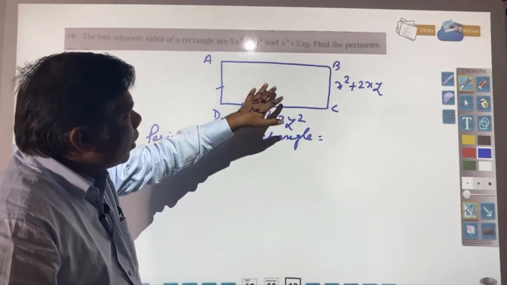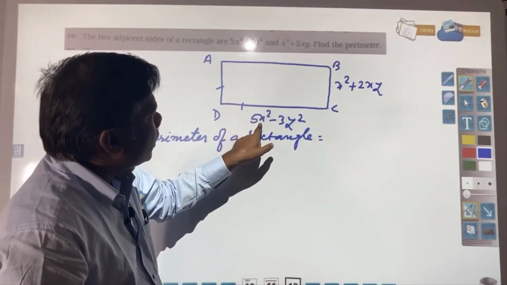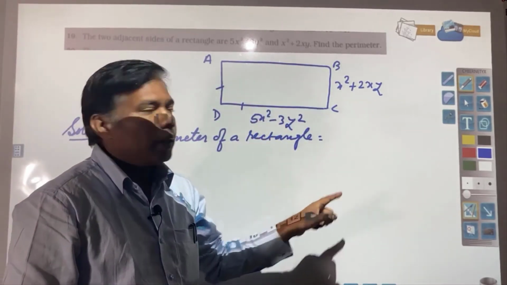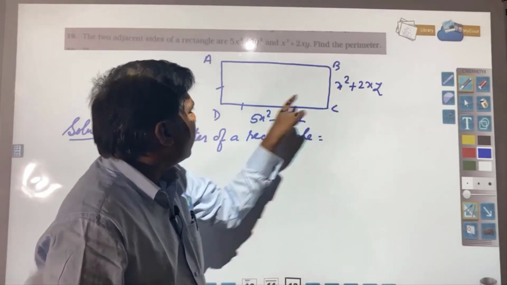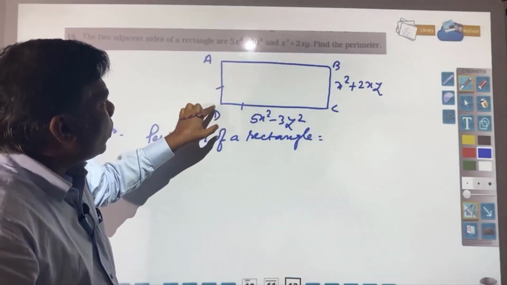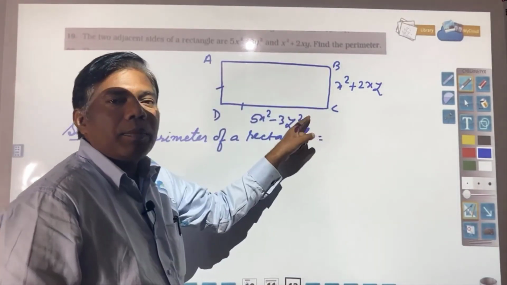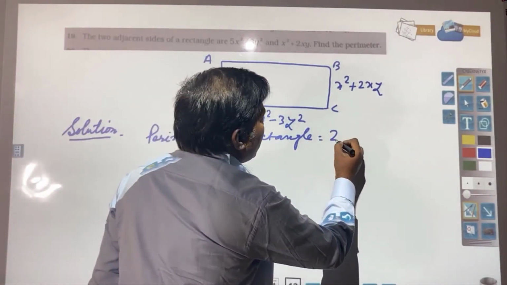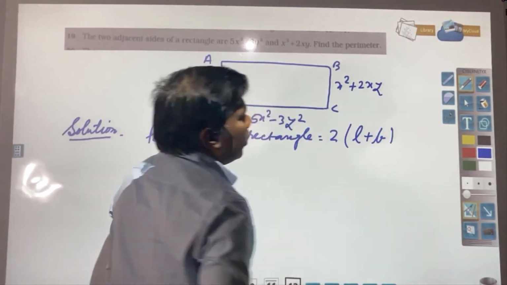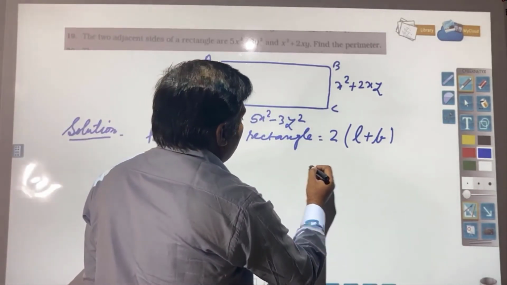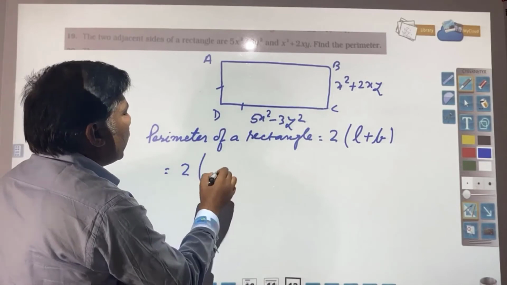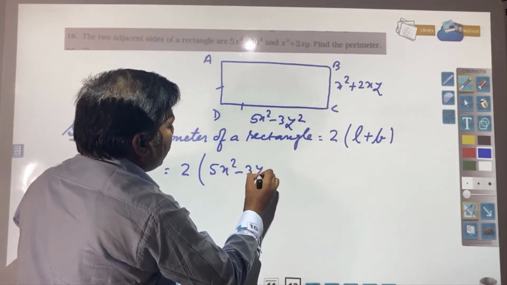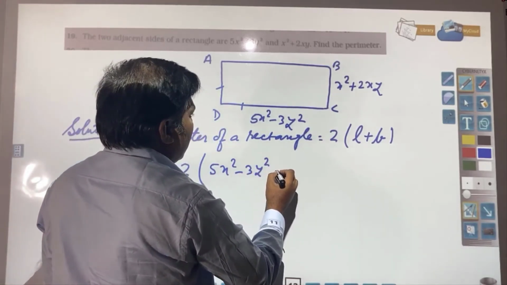And in a rectangle, opposite sides are equal. So this is 5x square minus 3y square, and this will also be 5x square minus 3y square. In the same way, x square plus 2xy will be AD also. So you need to add AB plus BC plus CD plus DA. The perimeter of a rectangle is 2 into (L plus B). Suppose this is L, then in this case 5x square minus 3y square, and plus